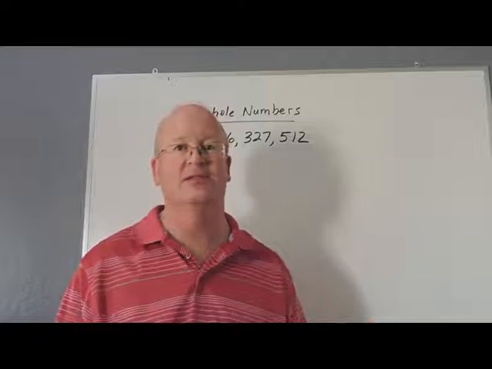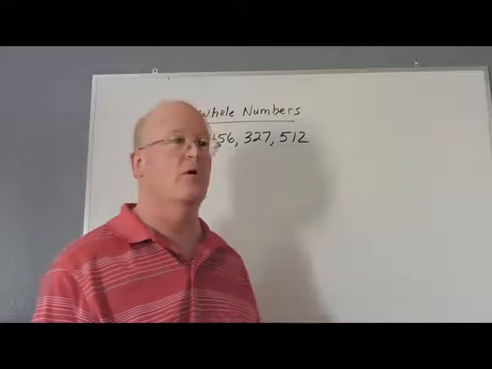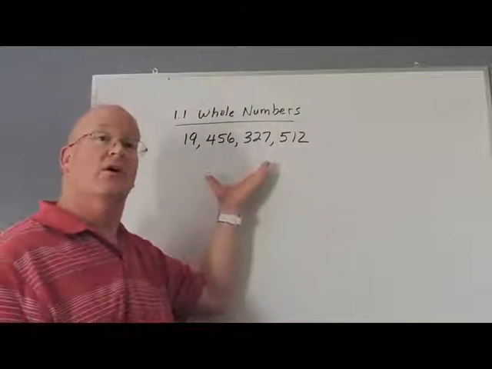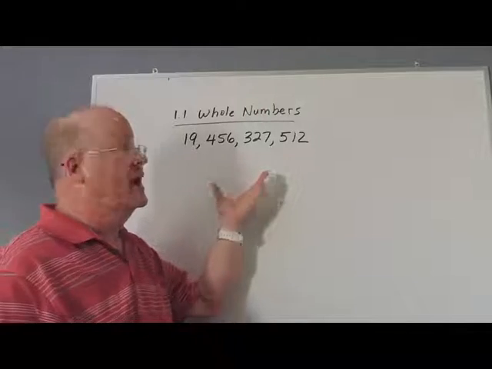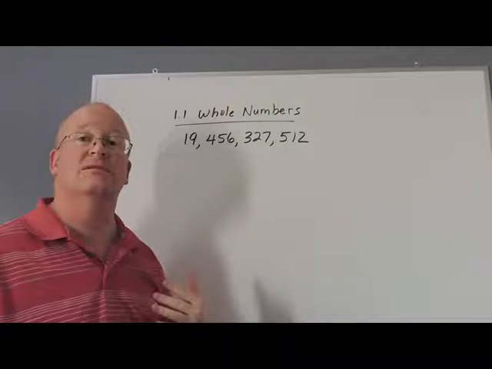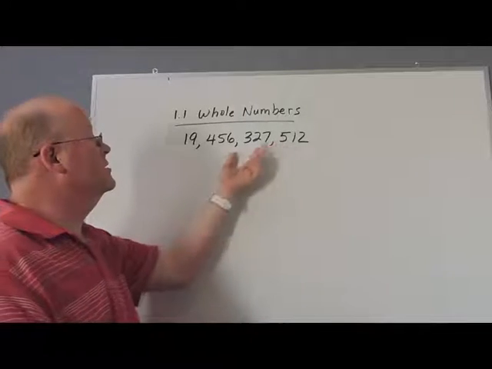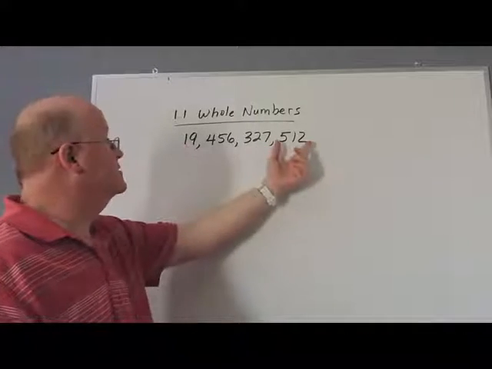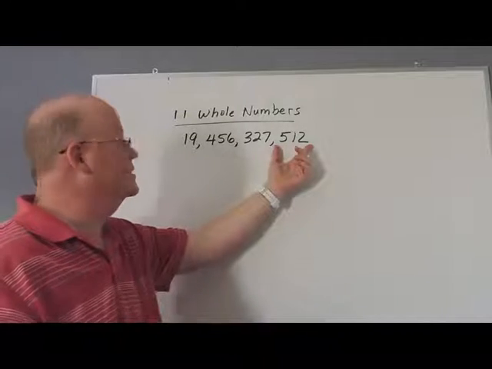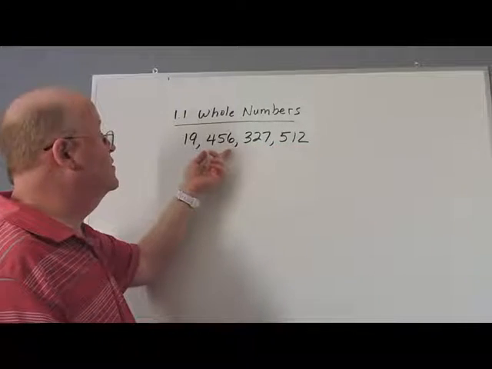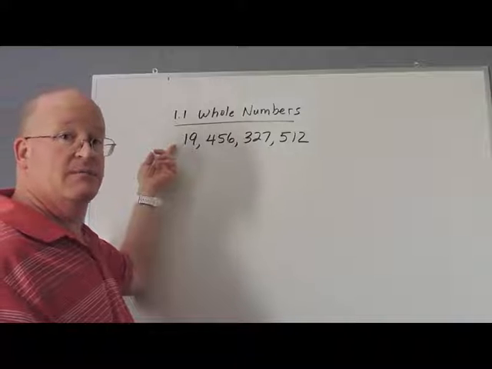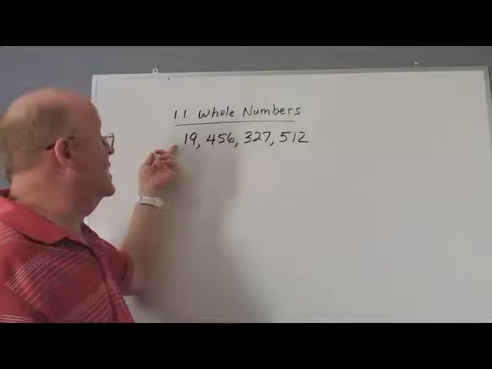So I'm going to start right here in section 1.1 dealing with whole numbers, and I have a rather large number here on the board. When you go to pronounce this number, you've got to be able to deal with what each of these different periods represent. This is 512 in the ones period. We have the thousands, the millions, and the billions period. So I'm going to read this as